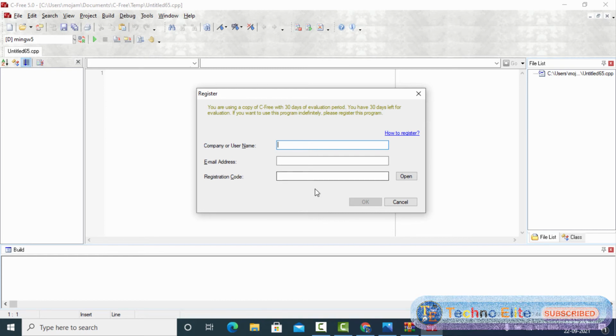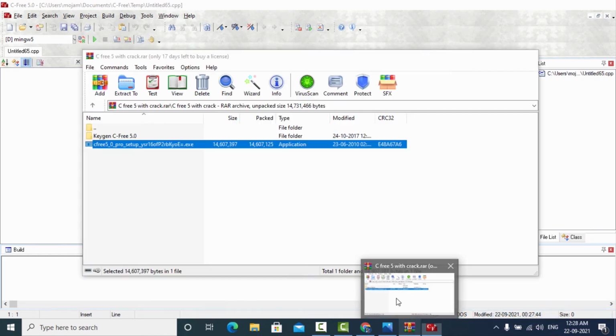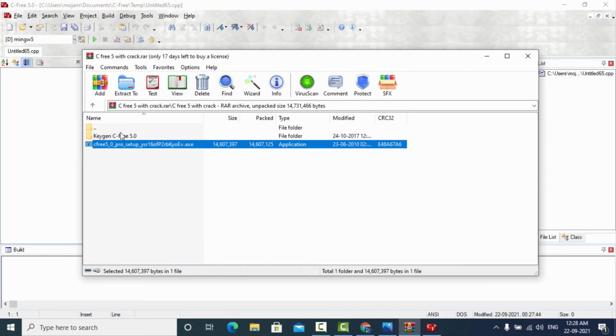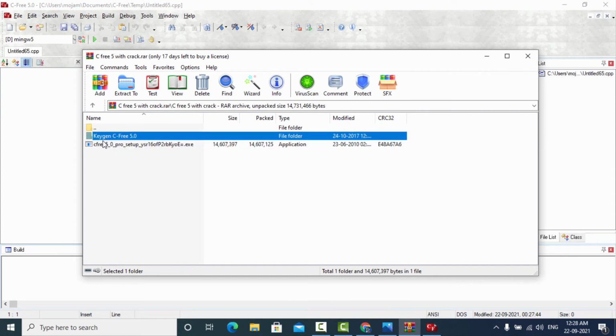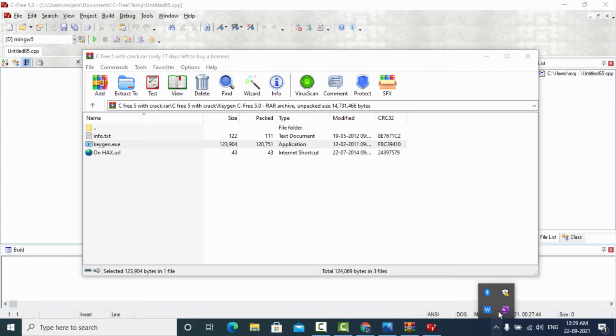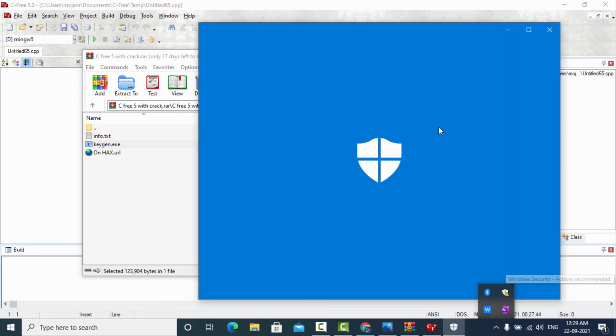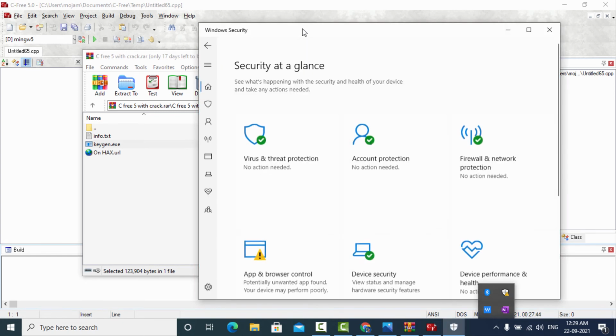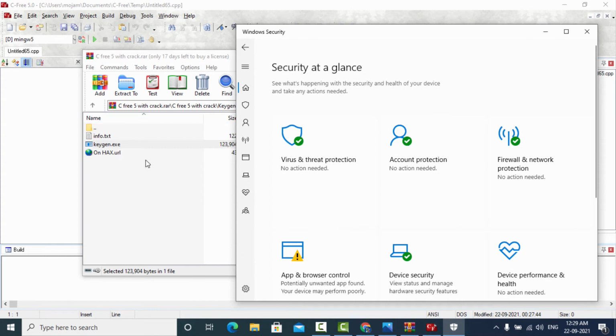So for registering this one, first we have to open the application. Here the folder is Keygen CFree 5.0. So we have to open this one. Before opening keygen.exe, we have to turn off our Defender real-time protection, so it does not detect it as malware.